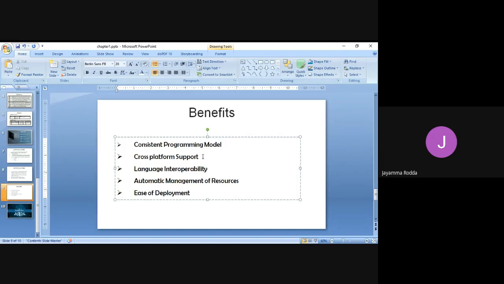Okay, next one is cross platform support. Usually this .NET framework will have a CLR. Anyone has any idea about what this CLR is? You can answer me.